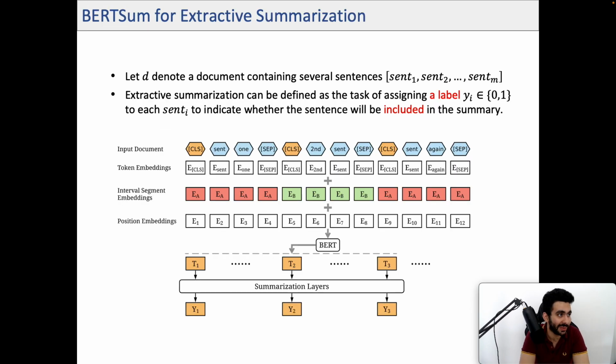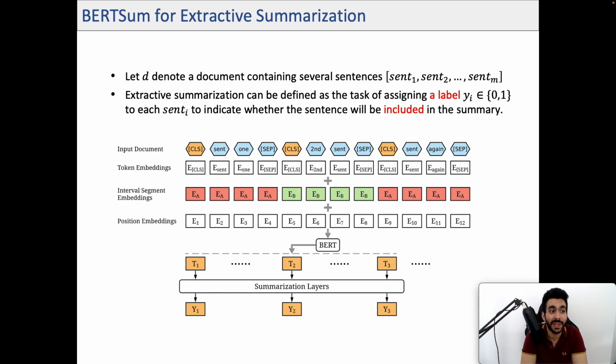Then let's go beyond conventional. Let's talk about BERTSum for extractive summarization. I hope you all know about BERT, right? For BERT, we are calculating the contextualized embeddings. And with respect to BERTSum, they denoted the document as D, having multiple sentences from sentence 1 to sentence M, and make it a classification problem